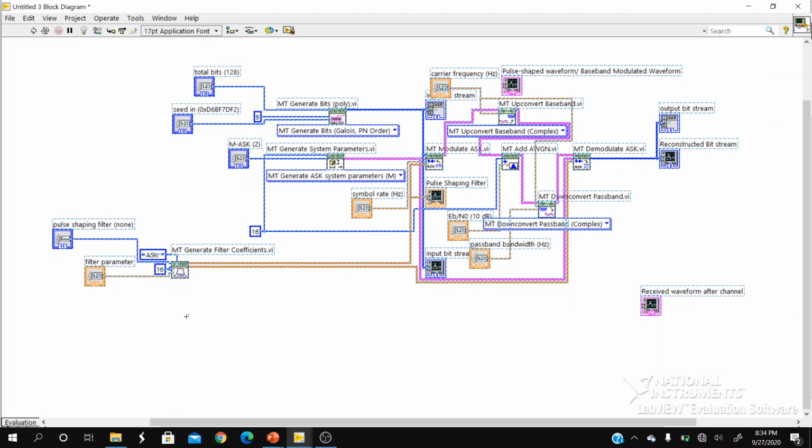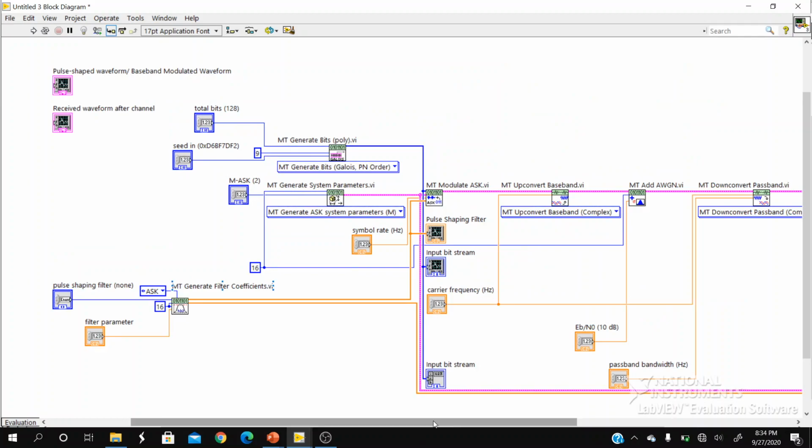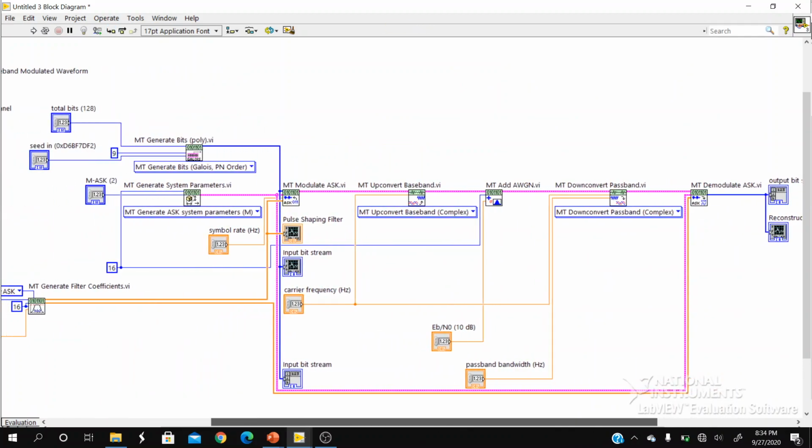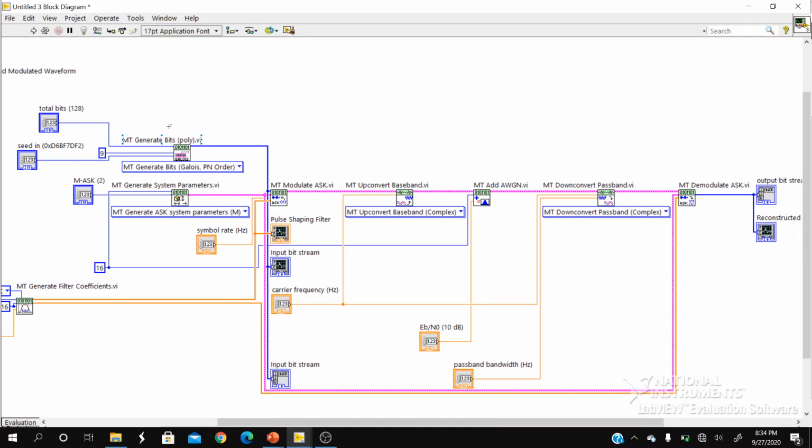Just select all, press Ctrl U, so that now you will see all the blocks being assigned exactly and rearranged. You will see the bit generation, empty modulate ASK, which is baseband modulation, up convert block adding the carrier, the channel which is going to simulate the AWGN channel. Then we have down convert, which is meant for removing the carrier content. Then demodulate ASK for converting the waveform to samples and then detecting the ones and zeros. And these are the indicators.